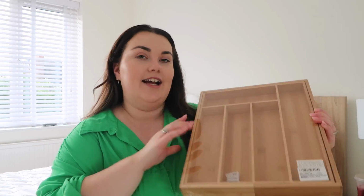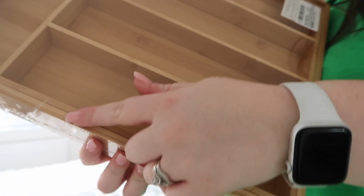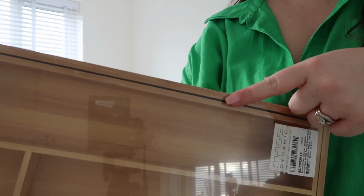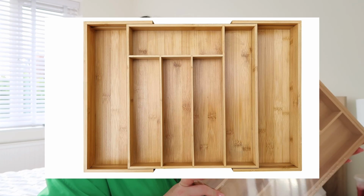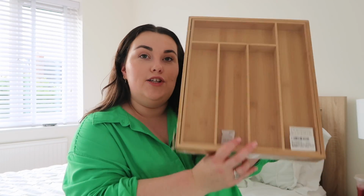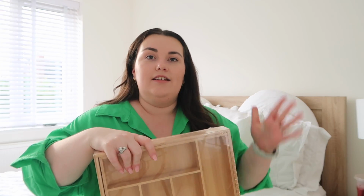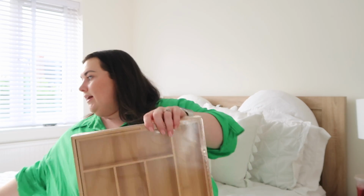So this actually expands out, so let me stand up, you will see this section here and also this section here actually opens up even wider. I'll put a picture up on the screen. I'm not actually opening this yet because I'm going to do it this evening, but we did buy 2 of these and I think this is the one we're going to go for just because of the height wise, the actual measurements of it being